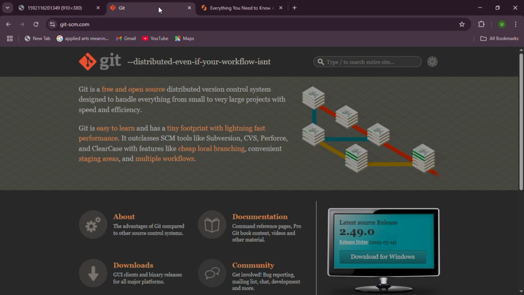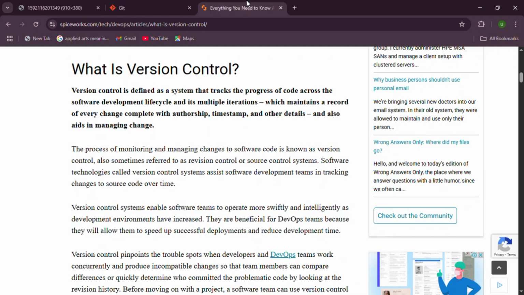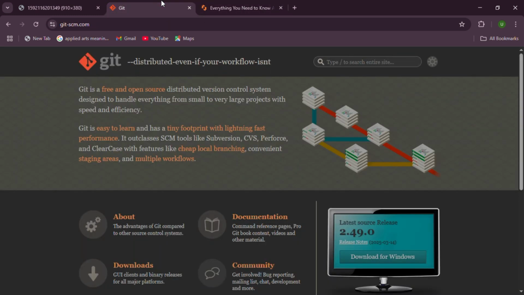So Git is a free open source distributed version control system designed to handle projects. What they mean by version control system is that it's a system that tracks the progress of code across the software development lifecycle and its multiple iterations. When they say that Git is a distributed version control system, they mean that every developer who is working on the same project has a copy of that project and can manipulate and make changes to that project